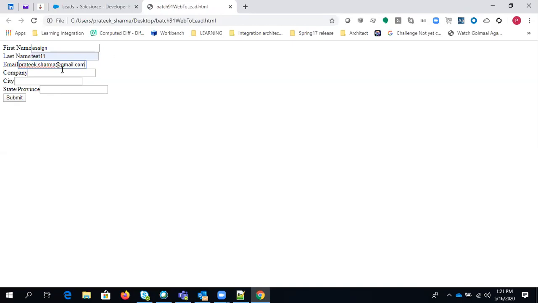For company, let's say select SCL. For city, what we have done is city equals Noida, so let's provide city as Noida, and state, let's say UP. Same thing we have created with the lead assignment rule. Let's hit the save button.